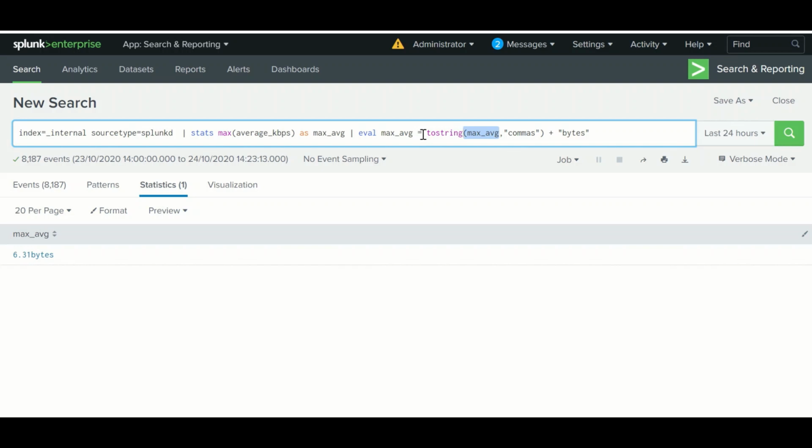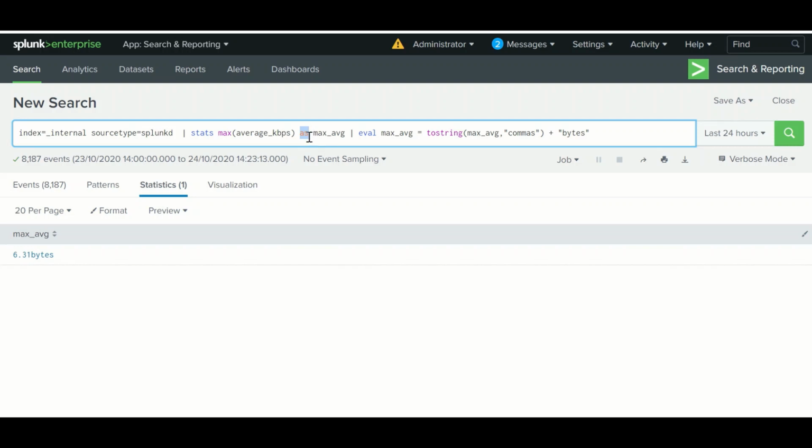The next component will be the clause. The clause is how you want to configure or rename the fields in the results. If you want to give another name to your field, you can use as over here, or rename also, which we will cover in our next video.